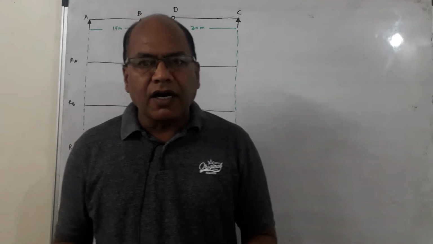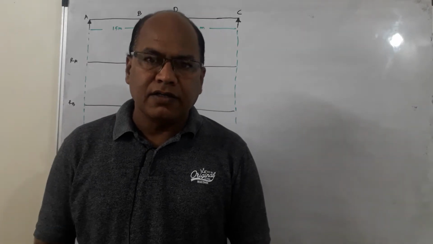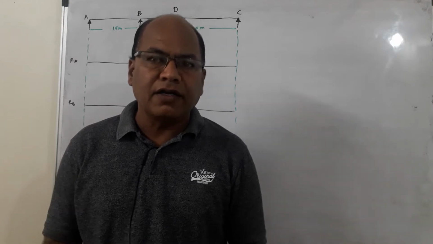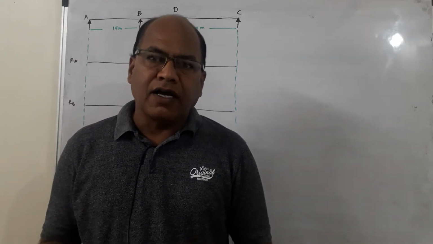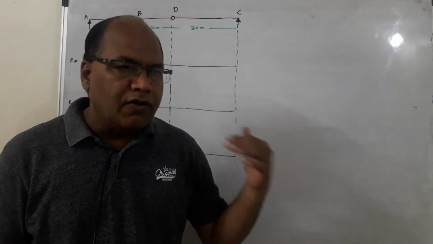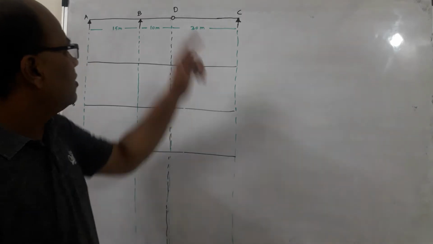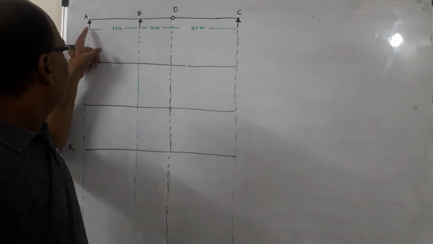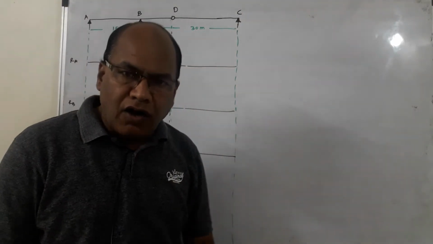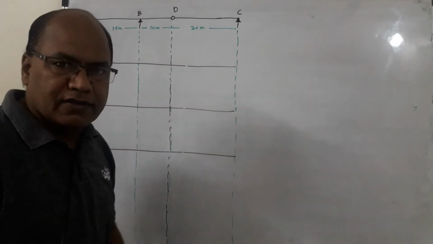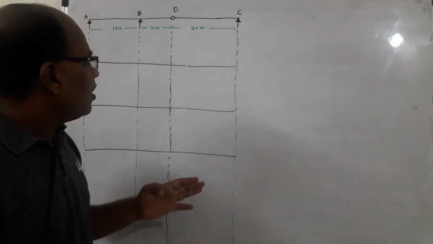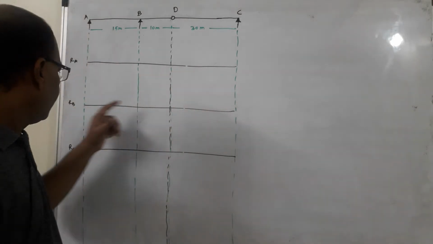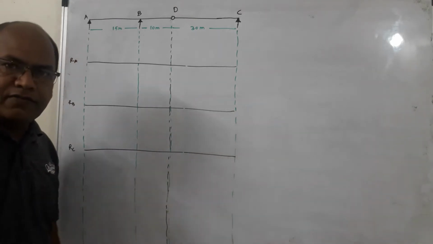Now, when a beam of desired length is not available in a market, two or more beams are connected at their ends by means of hinges called internal hinges to get a beam of desired length. Here I have considered one such compound beam and there is an internal hinge provided at position D. A, B and C are the three supports and all of these supports are providing vertical reactions. Let it be required to draw ILD for RA, RB and RC. So, I want to draw ILD for RA over here, ILD for RB and ILD for RC.